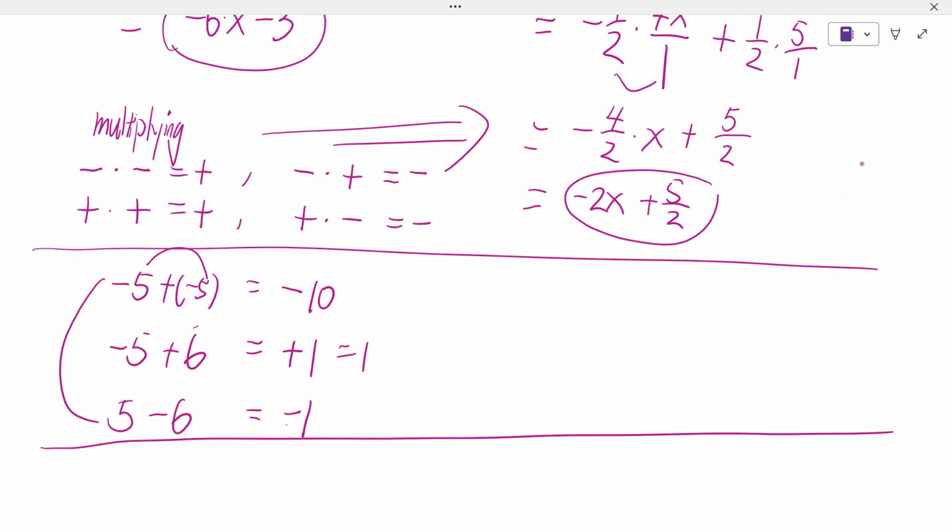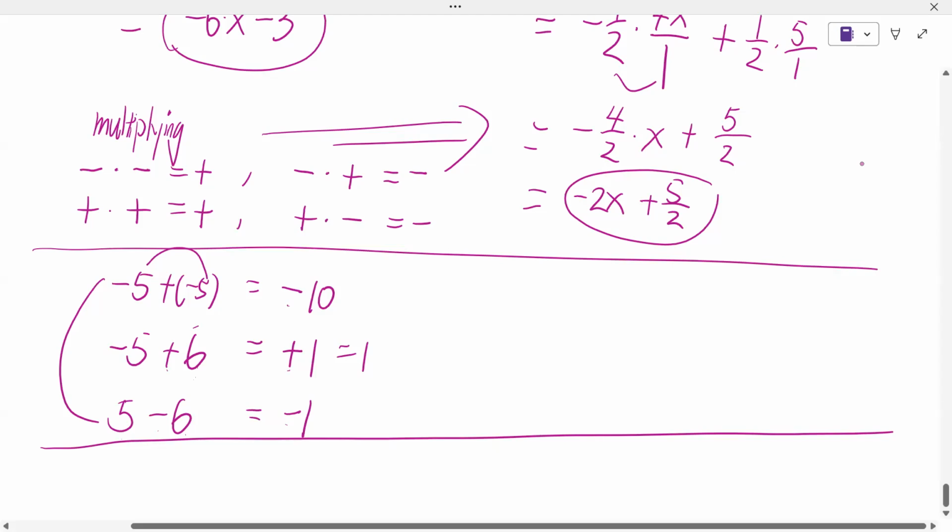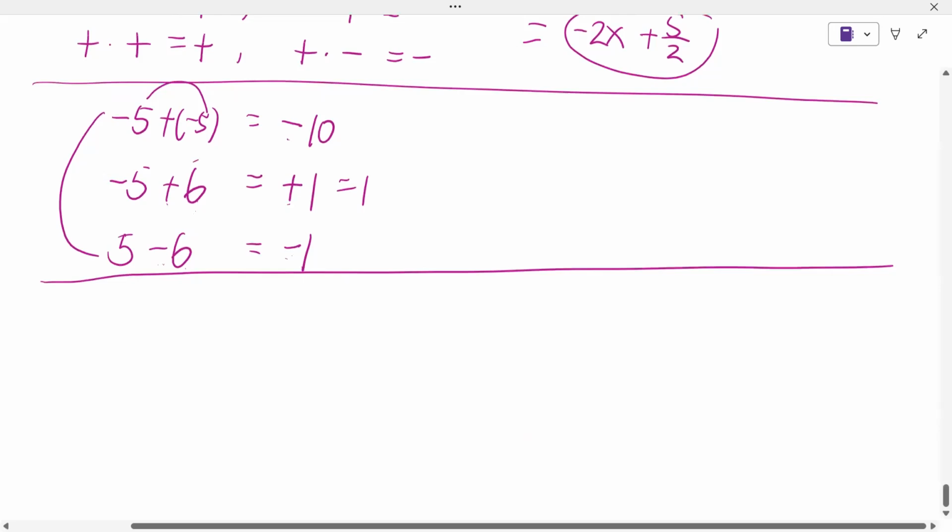Adding signed numbers or subtracting signed numbers has different rules. When adding two negative numbers, keep the sign and add those two numbers. And when you have one negative number and one positive number, the dominant term, or the bigger number, determines the sign of the result, right? So here the 6 is the bigger number, so the sign will be the same as 6. Here negative 6 is the bigger number, so the sign will be the same as negative 6. And you do the subtraction afterwards. Okay,